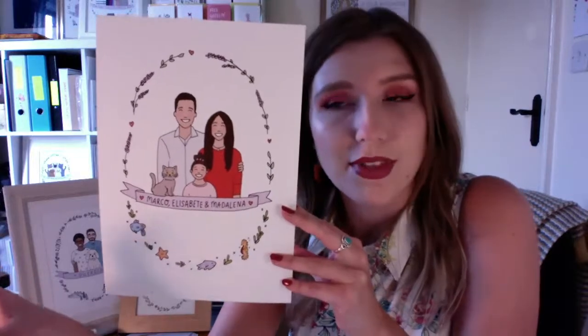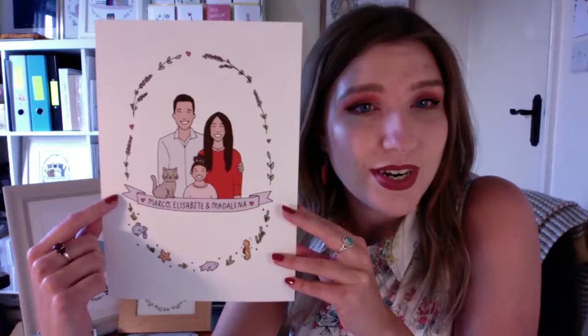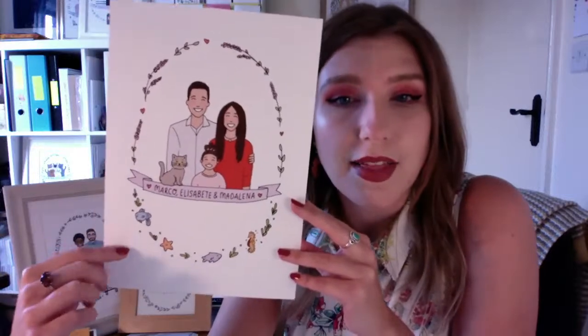And sometimes I do wedding portraits, so they'll have a colour theme that's run throughout the wedding. So I can include any colour schemes or anything like that in the banner. Any favourite flowers, like this one's got lavender, so that's quite unique. And then along the bottom, I don't know if it's good enough quality to see what that is, but